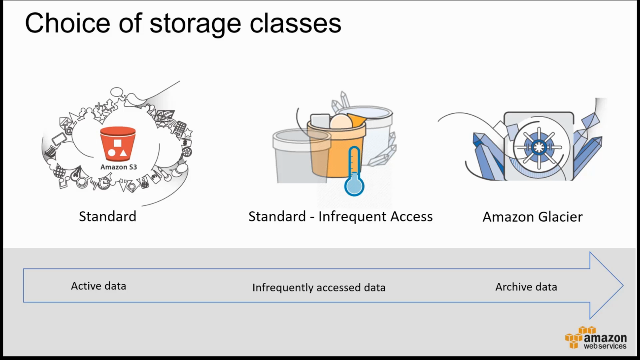Very similar characteristics to S3 in terms of that large object store, massive scalability, and millisecond access. But we provide that at a lower cost to S3 standard. And so why wouldn't you use S3 infrequent access for everything? Well, certainly for what we're going to talk about today for active archives, I would say that you're probably going